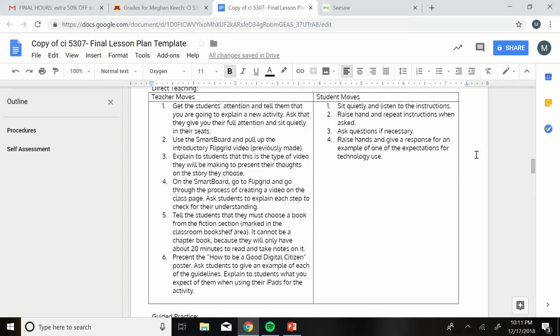And then, to present and explain the activity, before the class I will create my own Flipgrid video to explain what the activity is. And then I'll play that for the students, and that will serve as my hook or engagement piece right at the beginning, because hopefully it will be cool for them to see a completed Flipgrid and to see what their final product will look like, and then also give them a better idea of what they'll be doing in the activity. So I'll show them that video, and then